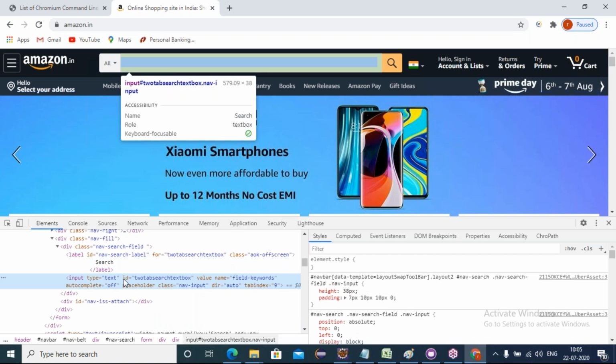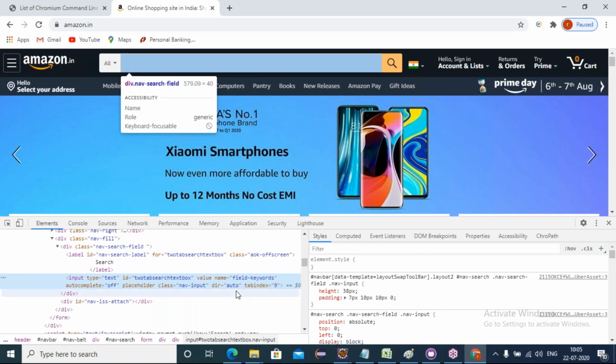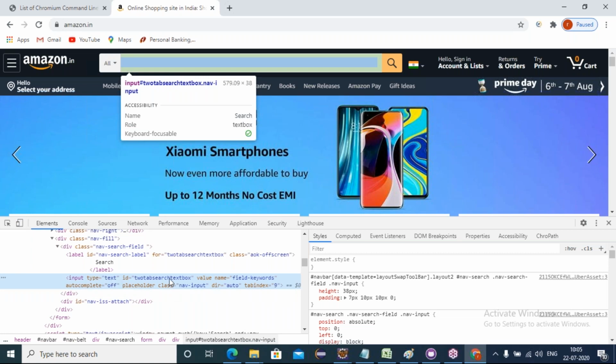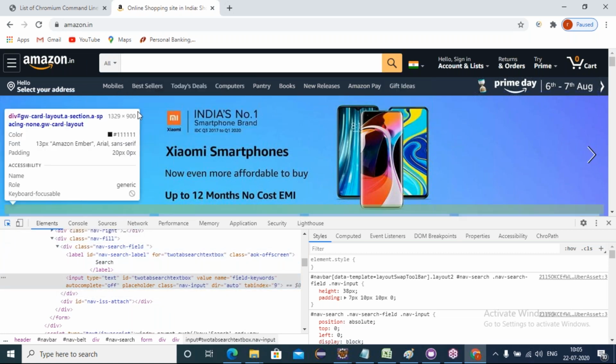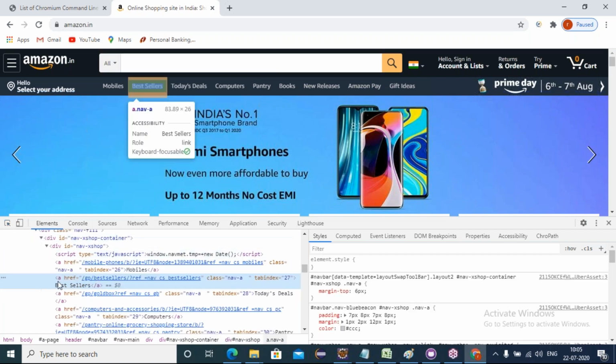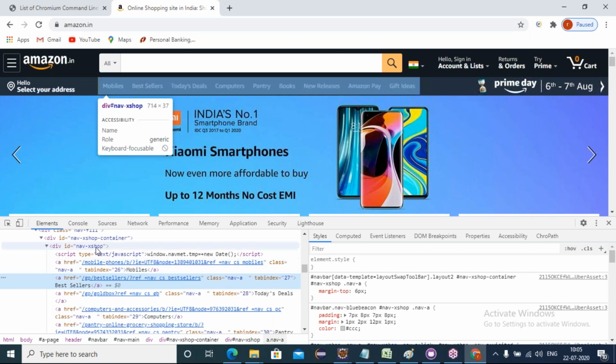Type is one property, ID value, name value, autocomplete value, placeholder, class value, dir value, tab index value. Like this, all the property key values are defined by the developers. Even for a link, the HTML tag name is a and these are the properties. href is one property, class is one property, tab index is one property.